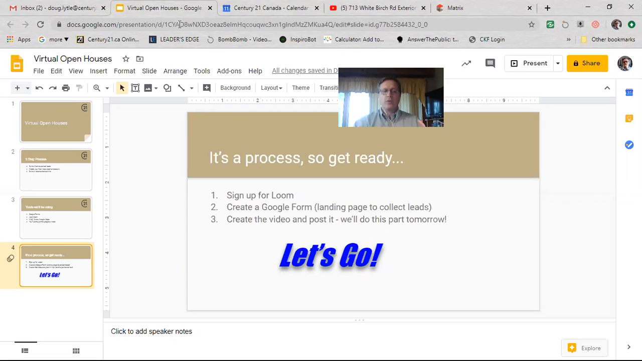So that's kind of the process. These aren't limited to doing them on the weekend. You don't have to wait till Saturday or Sunday to do this. You could do one of these every single day if you really wanted to. It's just a matter of finding the inventory that has enough content around it to make it interesting and valuable